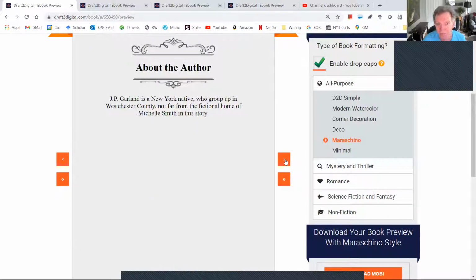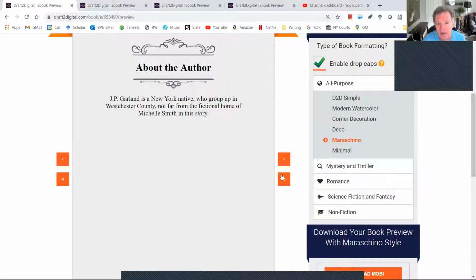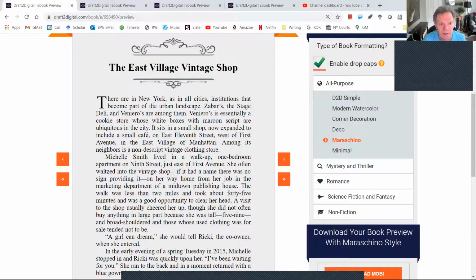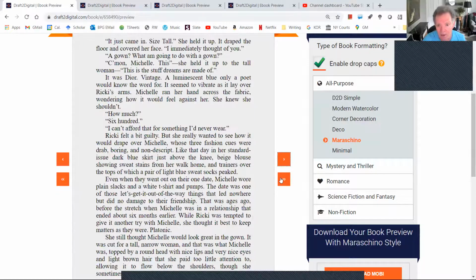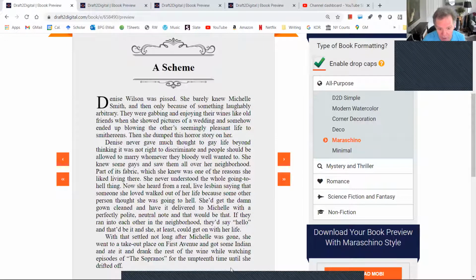Okay, so I've elected to go Maraschino. I could go Deco, but this is my preferred way. And I put in drop caps. If I don't put in drop caps, you see it capitalizes portions of it. If I put in drop caps here, next chapter, boom. And so that brings us to